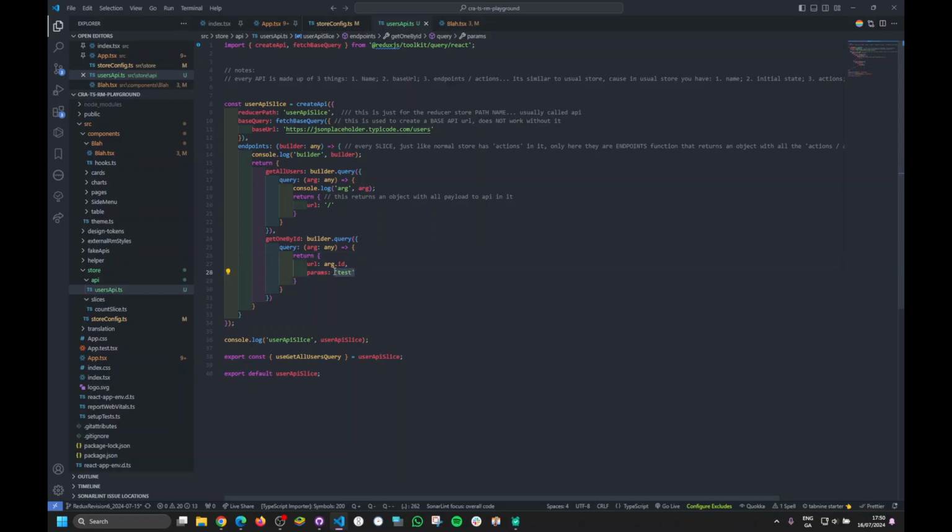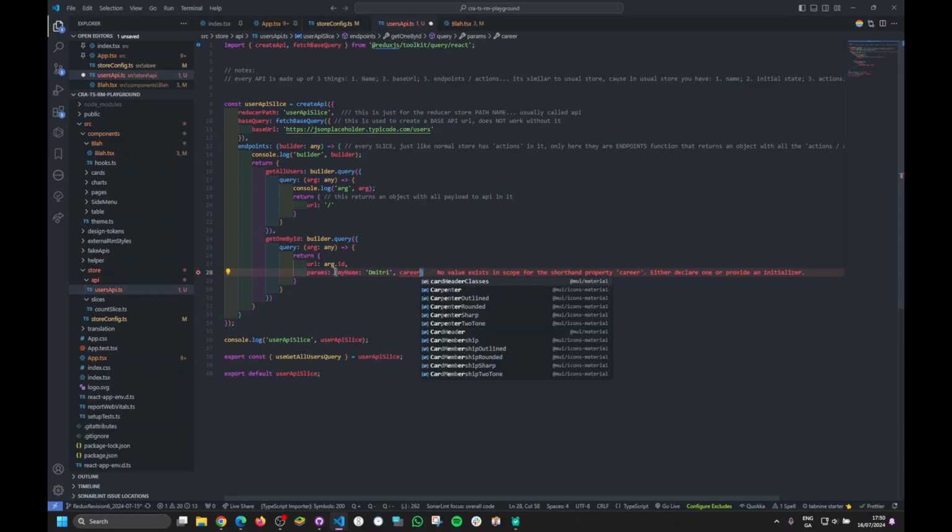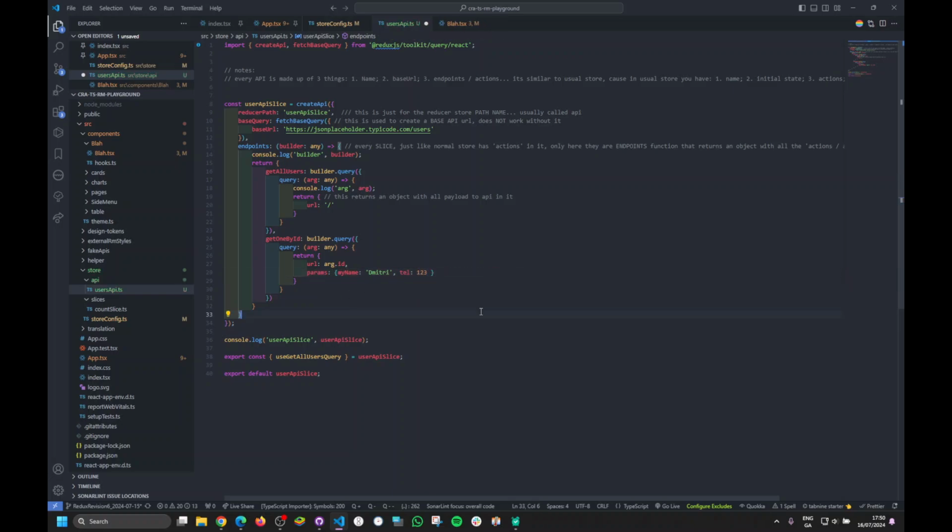So we can put, I don't know, my name 33. Well, not ID, but career. I don't know, number. Let's just put telephone 1, 2, 3. Now, the reason why I'm doing this is I just want to highlight that this converts. So this is lower camel case, and it gets converted into lower snake case. So you'll be able to see it in the